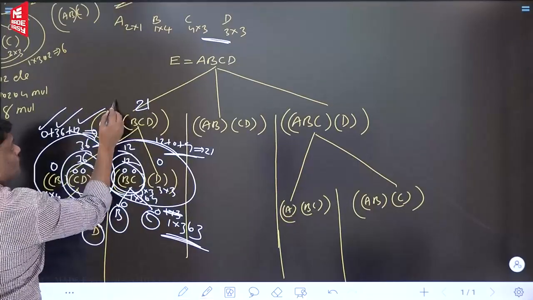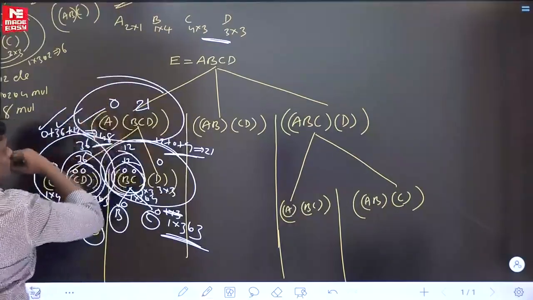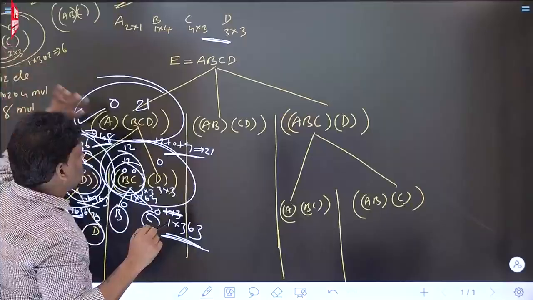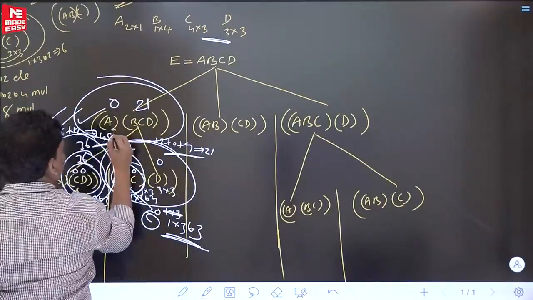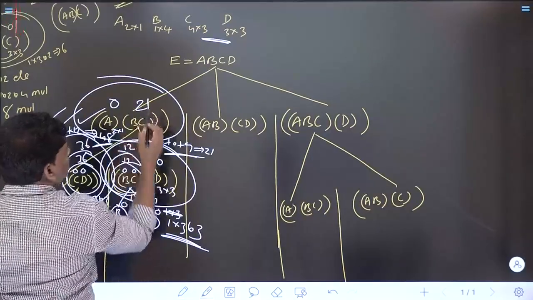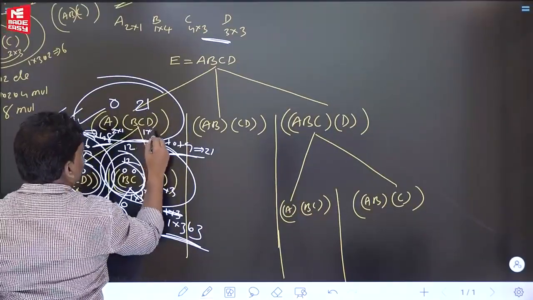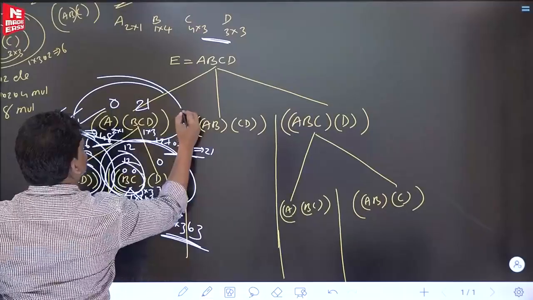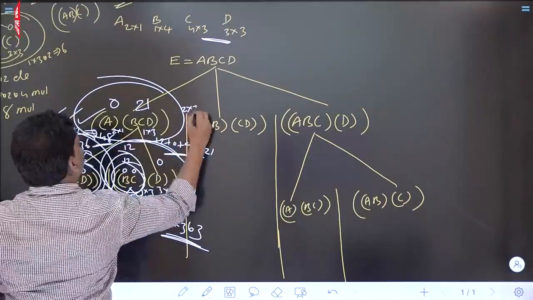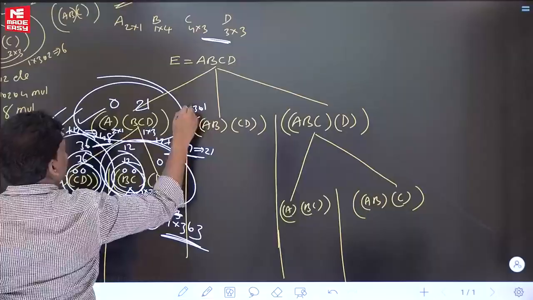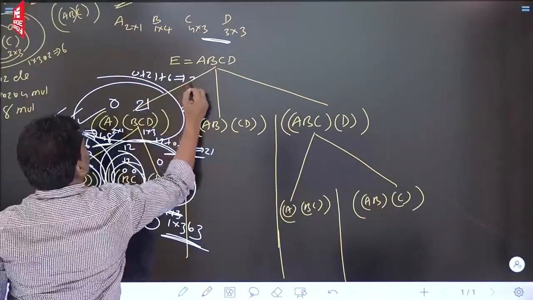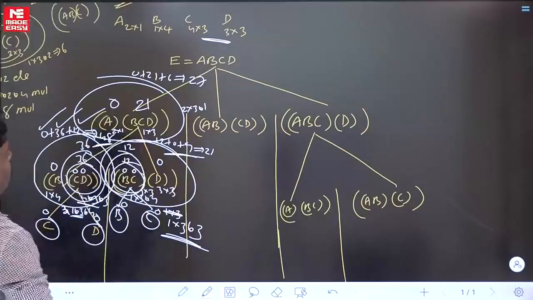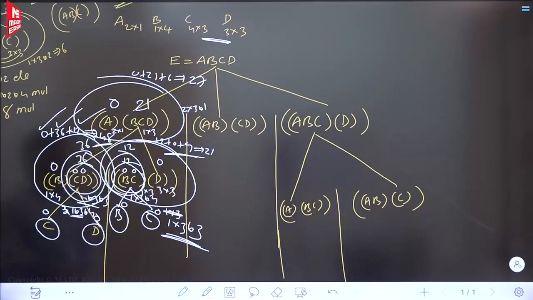Next one, to get the A, 0 required. Let's go for combine. Left one available, 0 multiplications. Right one available, 21 multiplications. Overall one, how many? Can you see A size? 2 by 1. BCD size, what is the answer? 1 by 3. Overall size, 2 by 1 into 3, totally 6 multiplications. So 0 plus 21 plus 6, totally 27. So to do ABCD, one way is giving 27 multiplications.